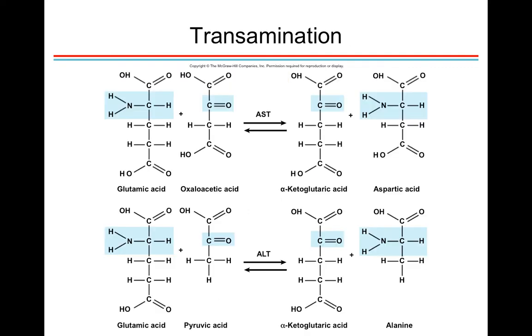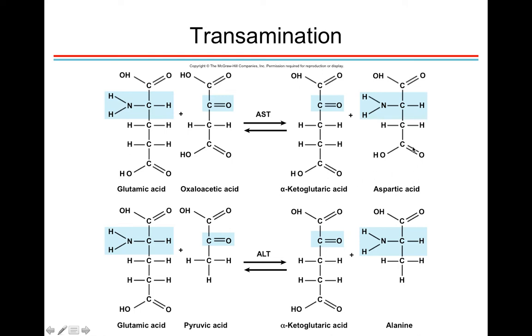So the last thing I just wanted to mention is the conversion of amino acids to other amino acids. A lot of amino acids are generated from other amino acids by transamination reactions. So amine refers to these nitrogen groups. So here what we're going to see is the NH2 group from glutamic acid is going to be added to this carbon of oxaloacetic acid, and this transamination reaction is going to generate alpha-ketoglutaric acid